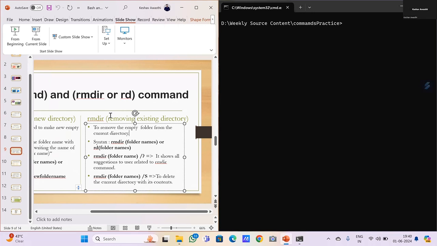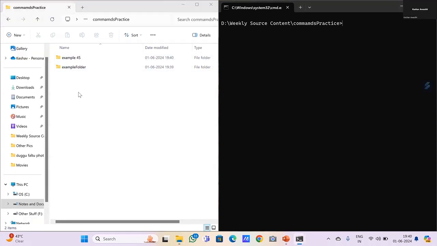And the next command is the remove directory command. Let's say I want to remove these two folders, or delete these two folders. Then I will write remove directory, and if I press tab again and again, here you can see it will automatically suggest the names, example folder. If I press enter, here you can see my folder is deleted,